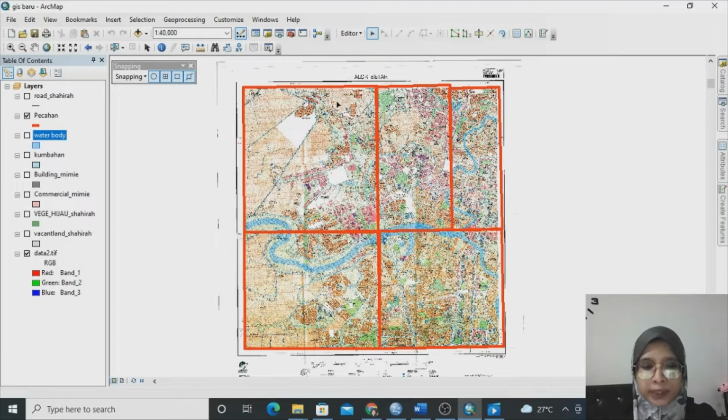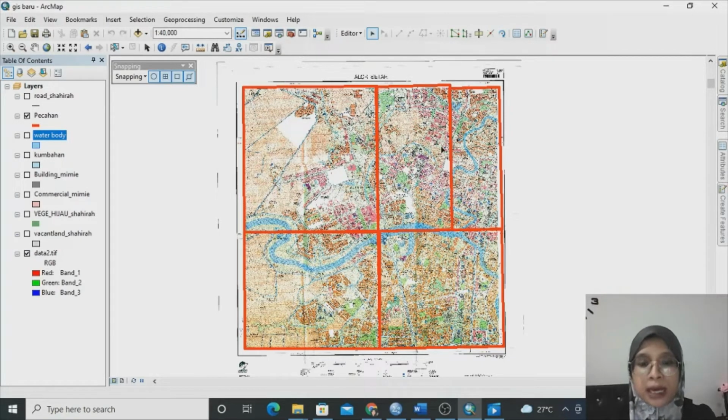For the final project, my first task is to layer the entire water bodies and sewage in the map. The second is that I will create layers for part 2: a commercial layer, building layer, resident layer, road layer, and vacant land layer for this area, except the drainage layer, facility layer, and vegetation layer, because my group members have created those for part 1. In this video, I will explain how to